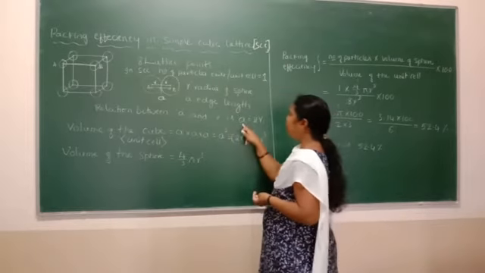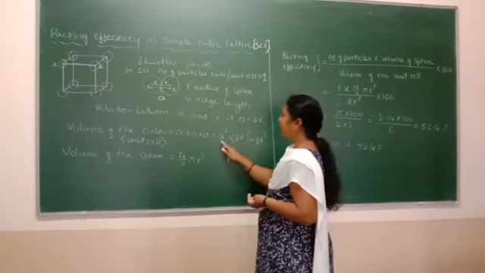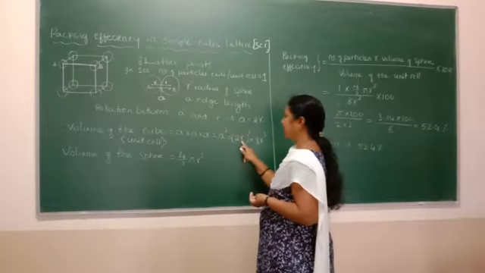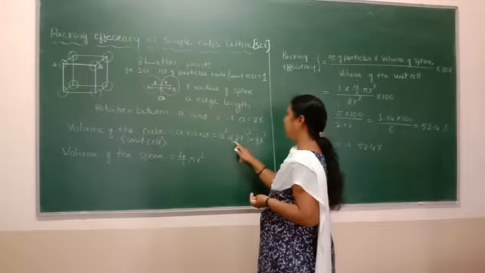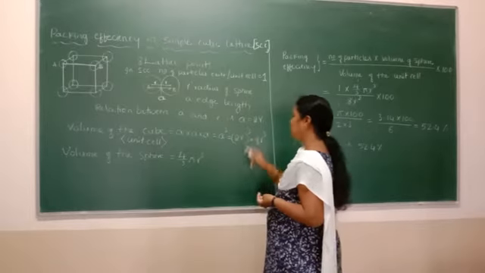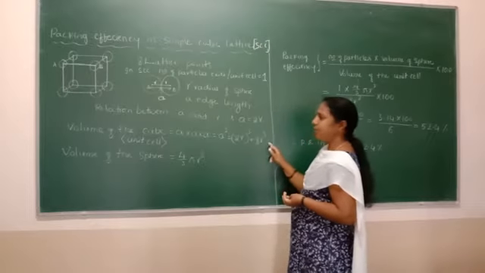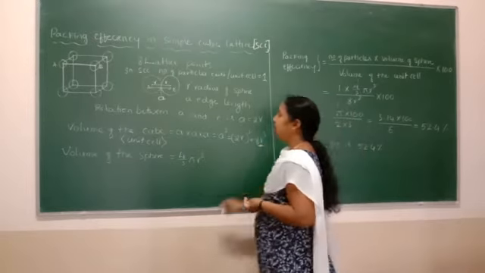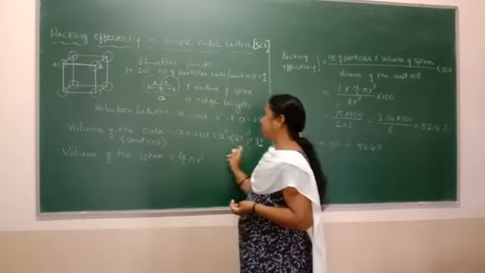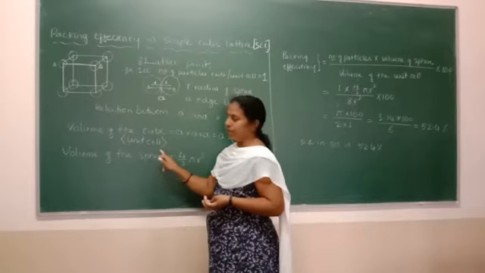So we know the value of a in terms of R, so we will replace the value of a in terms of R. a is going to be 2R. So a cube means 2R whole cube, which is going to be 8R cube. So this is nothing but the volume of the cube object. It is also known as the volume of the unit cell.